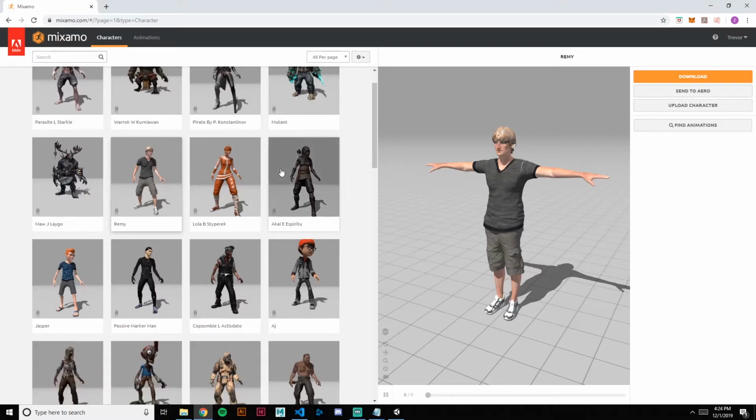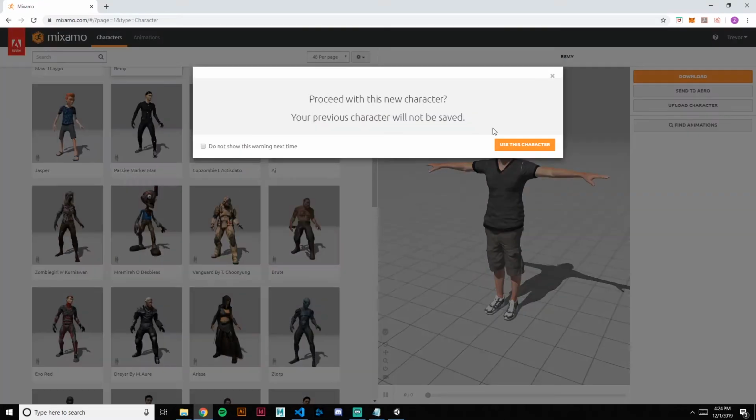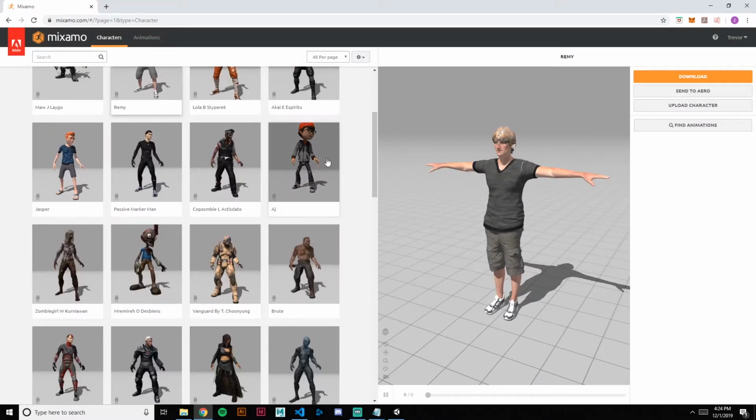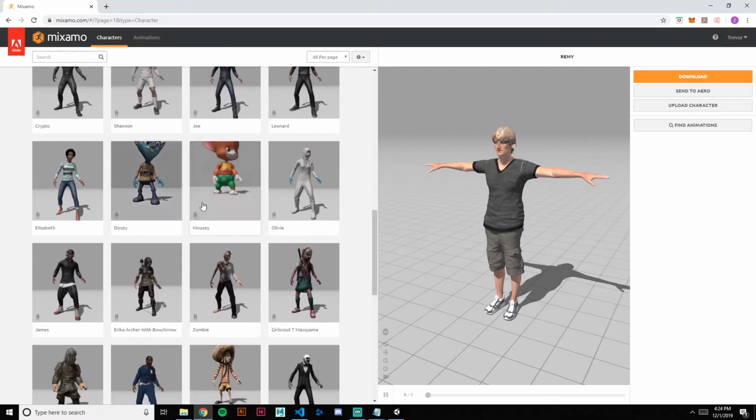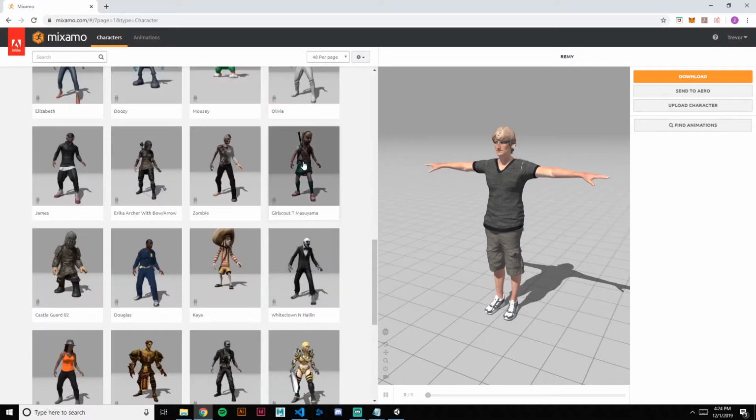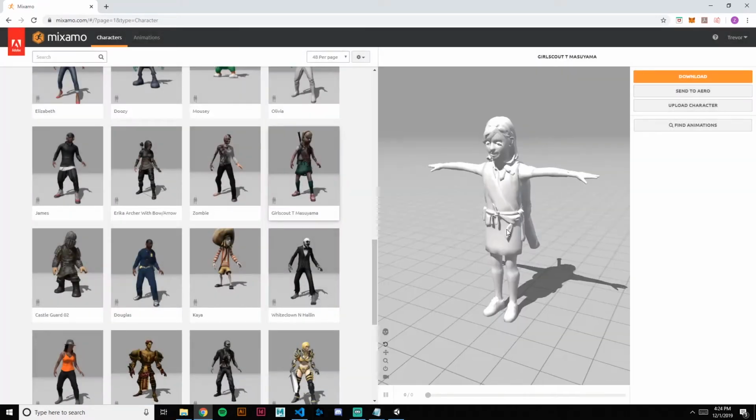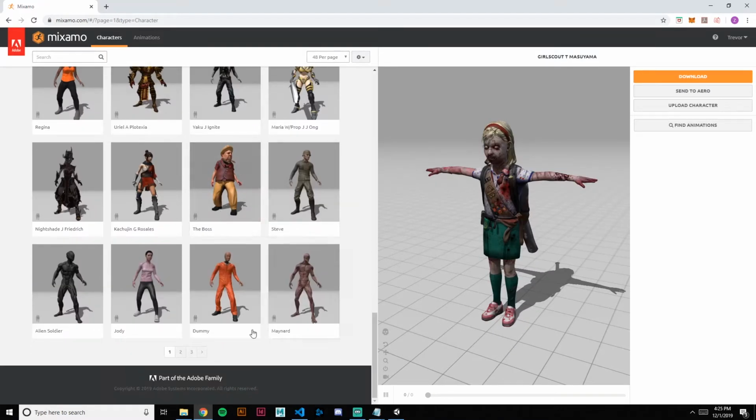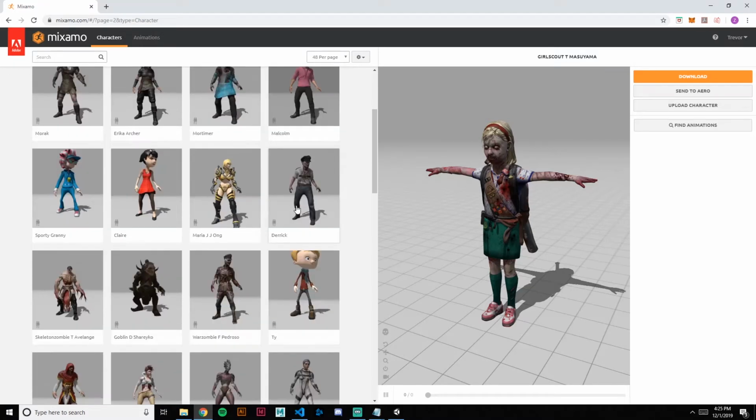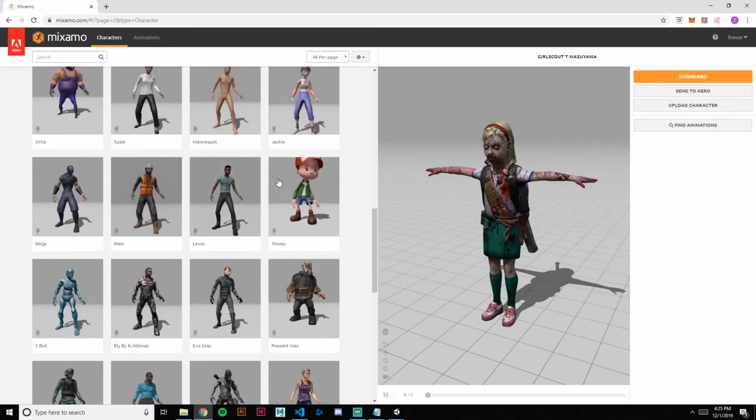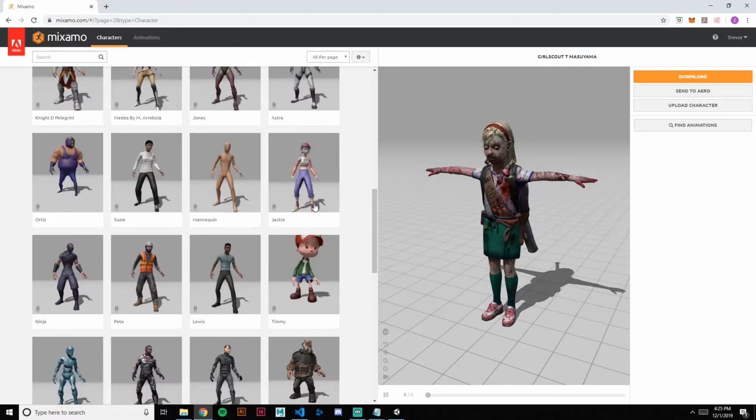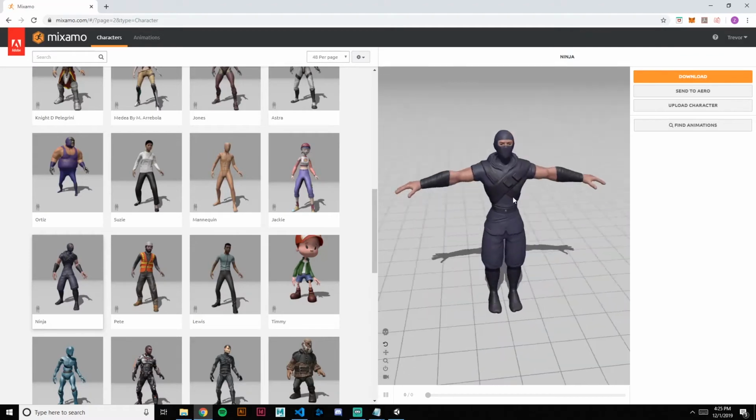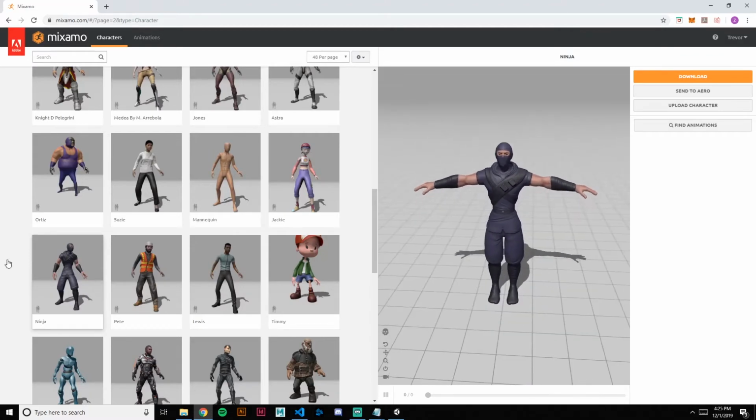So for my game, let's see, what do we got? We got a zombie guy, we got some childlike characters, got some silly mice, some a little more creepy, got a zombie girl. We got a bunch of really high quality characters you can choose from. For this demonstration, I think we're gonna go with something like a ninja. We'll do a ninja. So how we do this is you click the character you'd like,